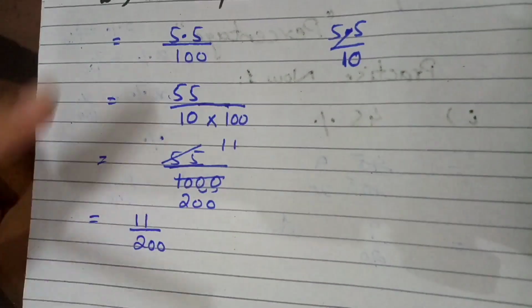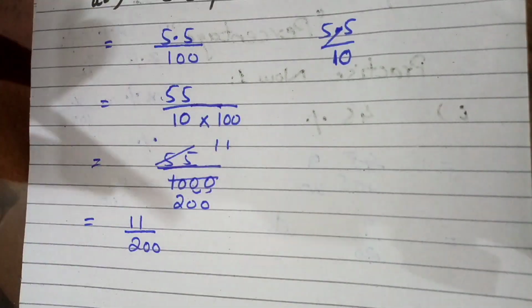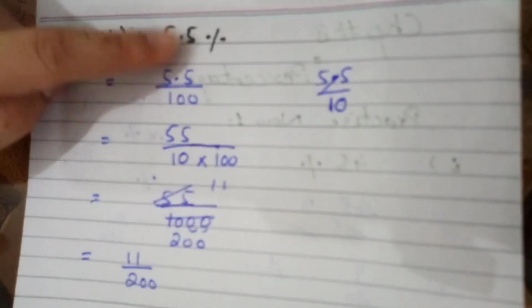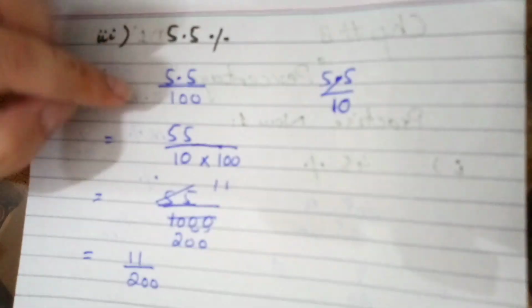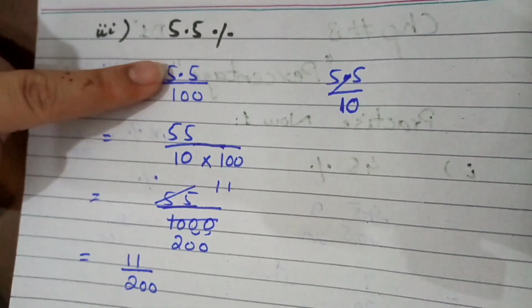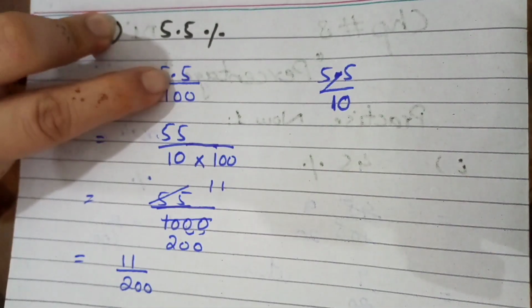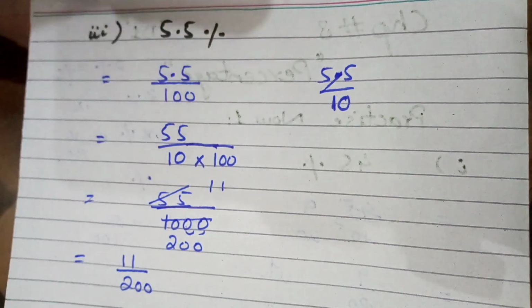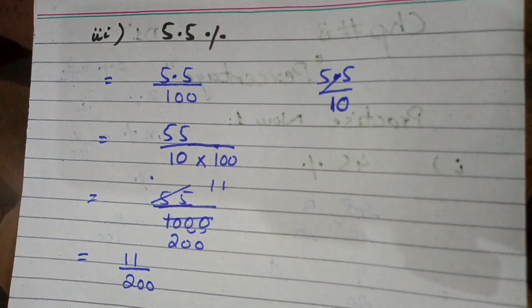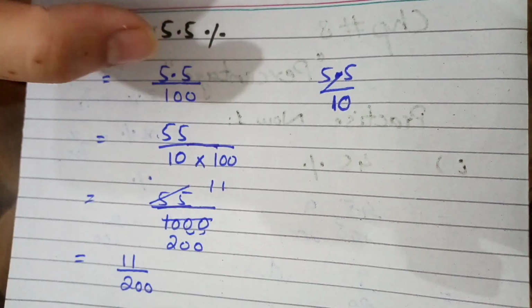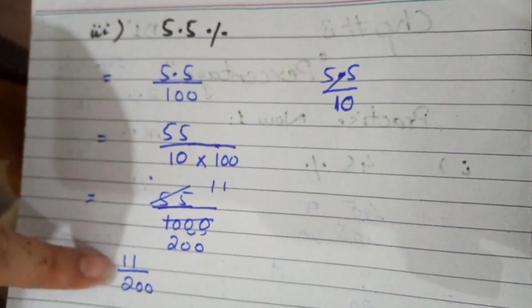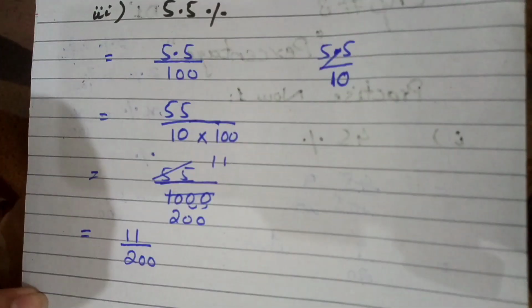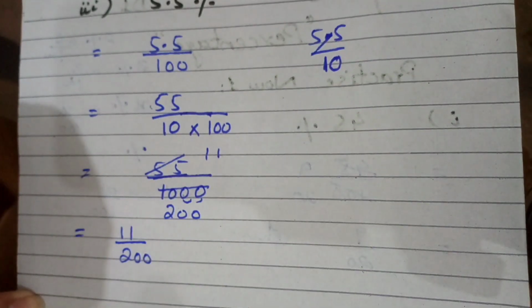This is how we convert this percentage into a fraction. First of all we remove this percentage sign. When we remove this percentage sign, we put that specific term divided by 100. Now we remove the point. When we remove the point, instead of the point we place 1, and then for the digits after the decimal point we put that number of zeros here. So when this 10 and 100 multiply to become 1000, now simplify this fraction, and we get the answer, that is 11 by 200. Now move towards part 4.